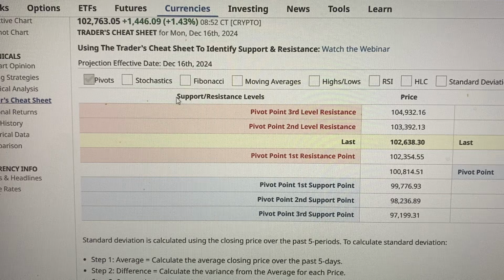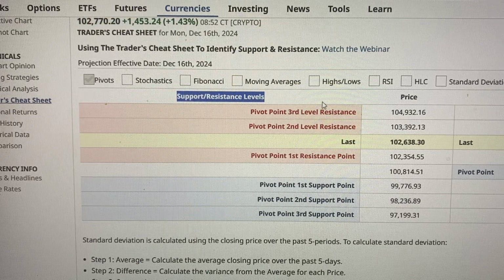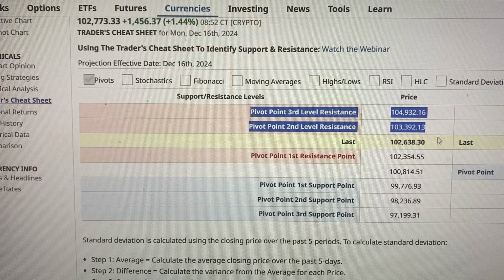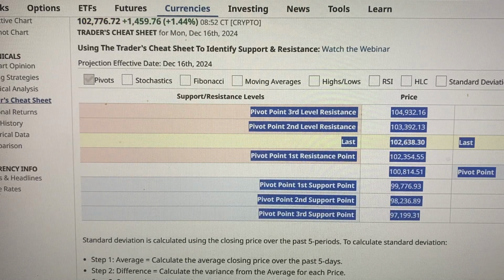Again, can't emphasize this enough. Support and resistance level, price. This is all that Livermore looked at, was price. The pivot points, look. These are the numbers. They're like secret numbers. If you learn to identify these every day and then place your orders accordingly, see, when you trade on the